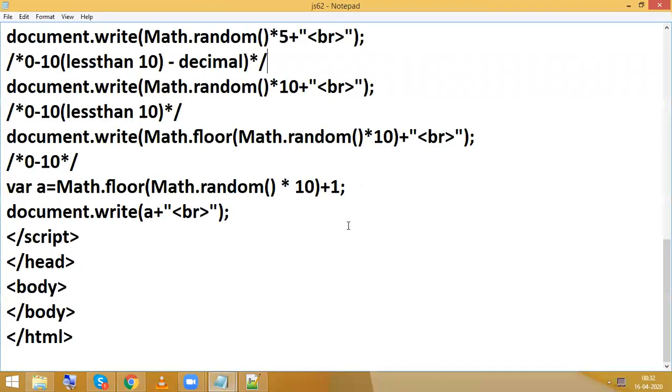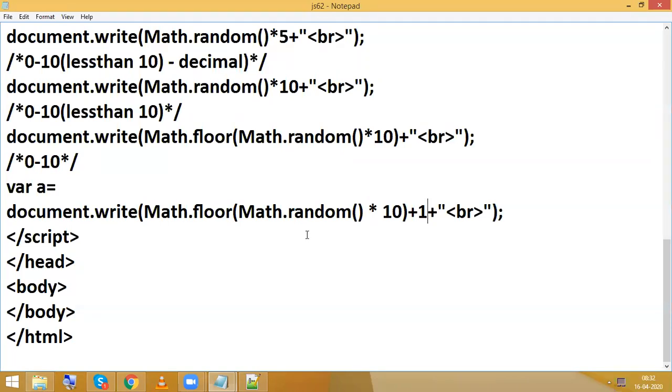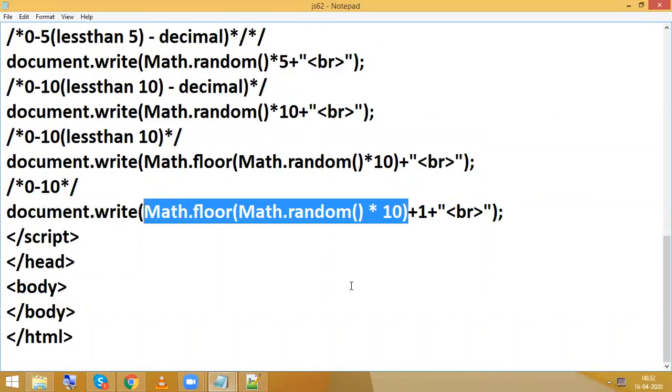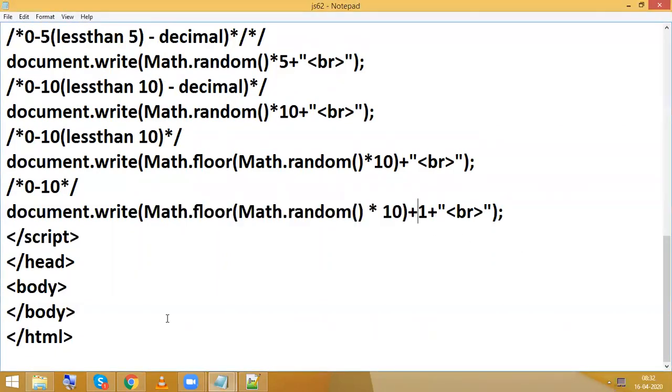Okay, thank you. So now here, it is going to generate in between 0 including 10. So what is the floor value of 9.9? 9. For that we are adding plus 1, nothing but 10.